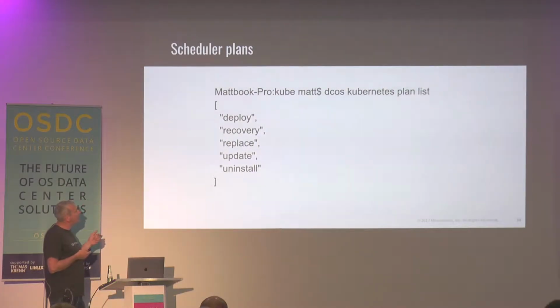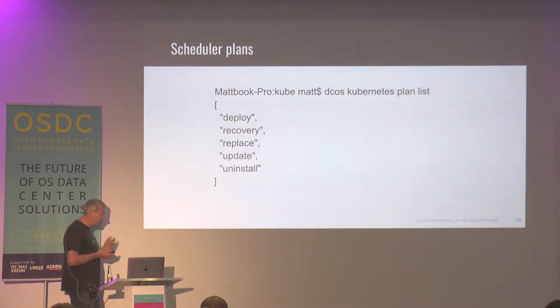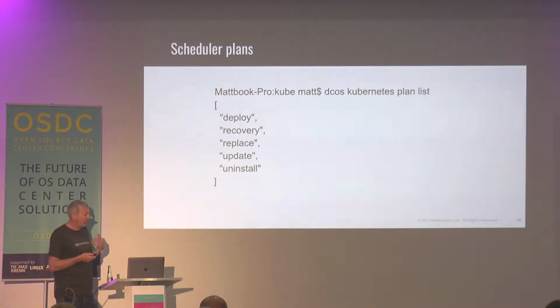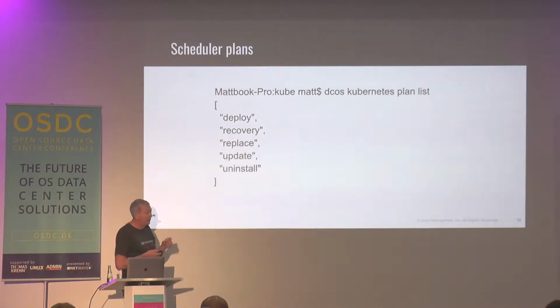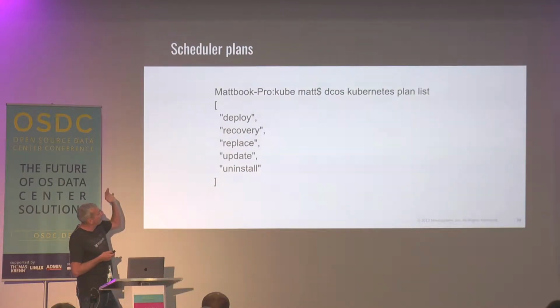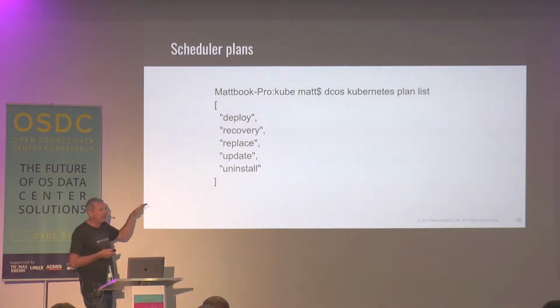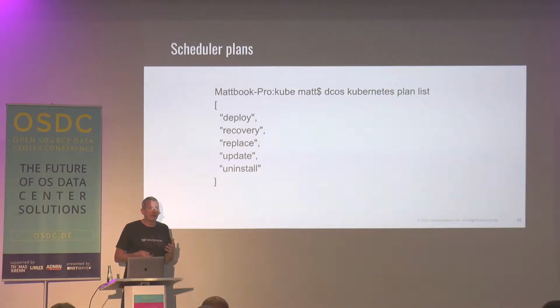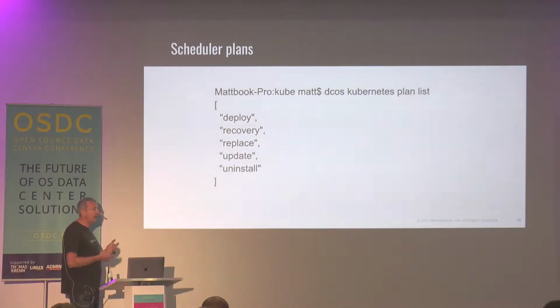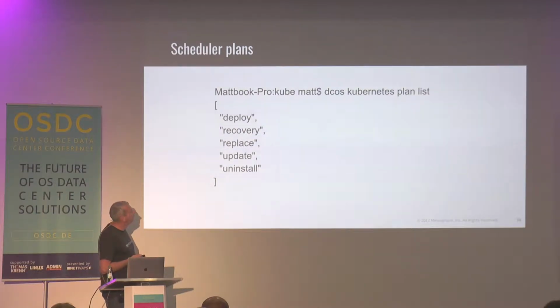We can have a look at some of the things that typically an application package will provide through using this plan list command. Generally, these services that are built using our SDK have this plan command, which will show you the typical kind of operational things that the framework scheduler can do if you need to. So it's typically things like scaling, like upgrading, or recovering from a hardware failure.